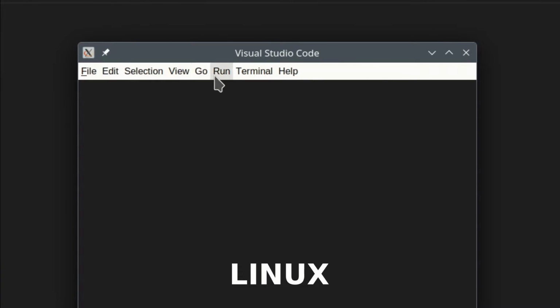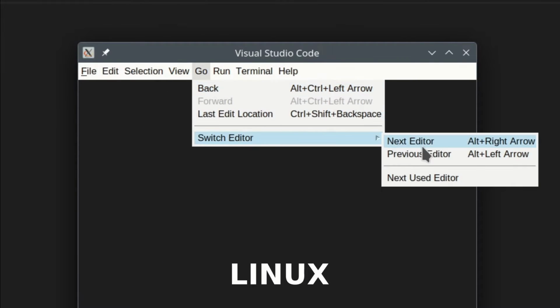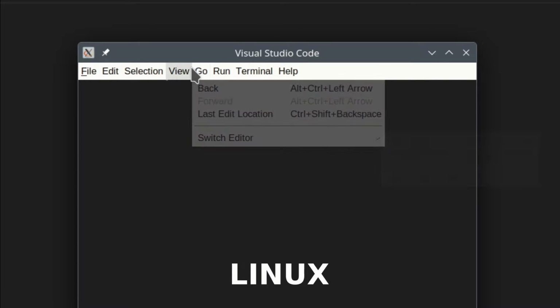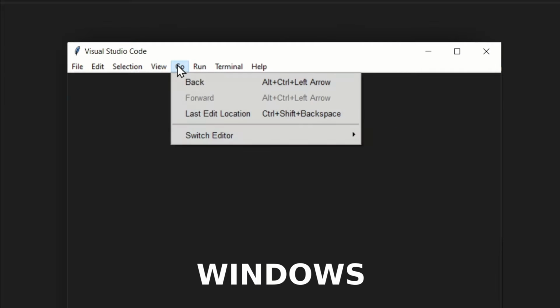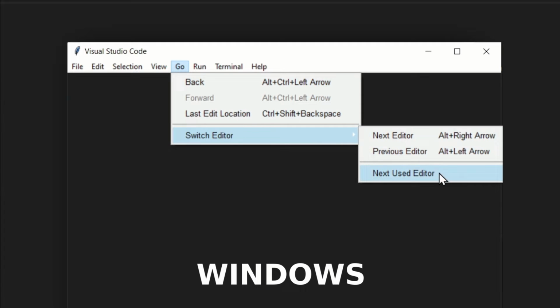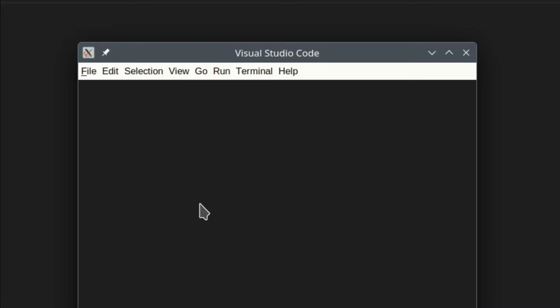So the same thing here, Go, Switch Editor, etc, etc, of course with fewer entries because I didn't want to waste the whole video writing things. Okay, so as you can see, you've got the same things but not all of them. I'm also going to show you the differences between Linux and Windows and how to make things look good for both operating systems. Unfortunately, I don't have Mac, so you'll have to experiment yourself and see.